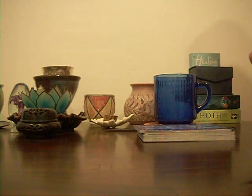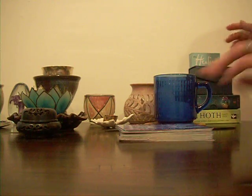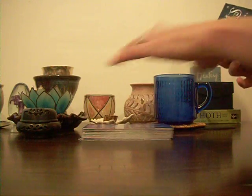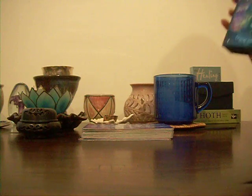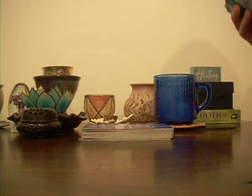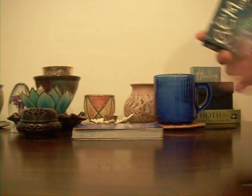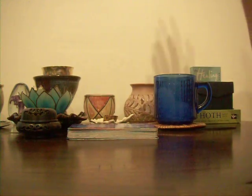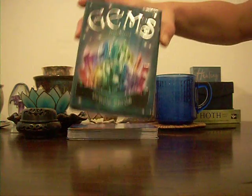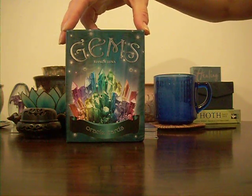Okay, so I just wanted to do a quick little gem oracle card reading. In the little booklet there's a layout, so I'm going to try that and feel it out and see how I like it. I've tried it out a couple times just for myself, but with these ones, they usually just pop out. But here's the deck by Bianca Luna, and